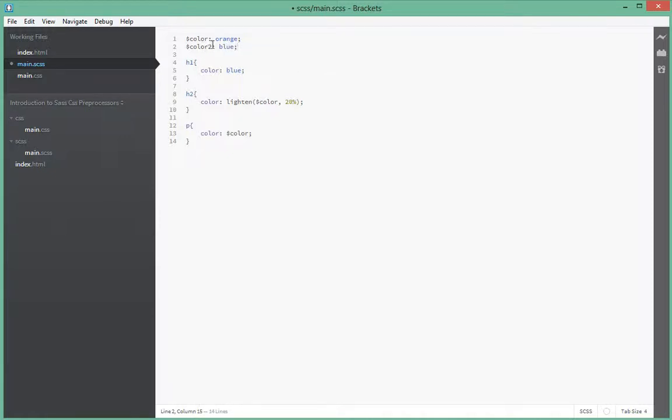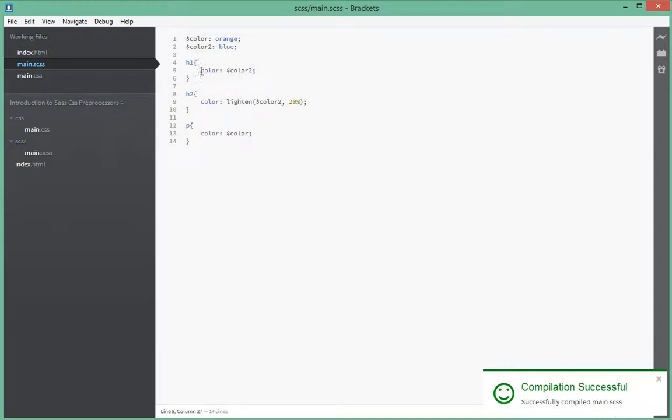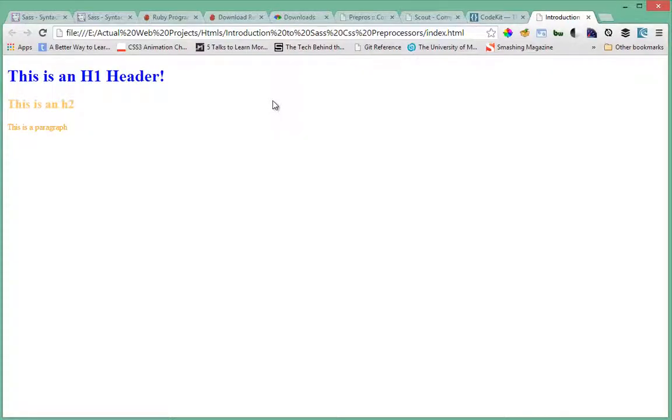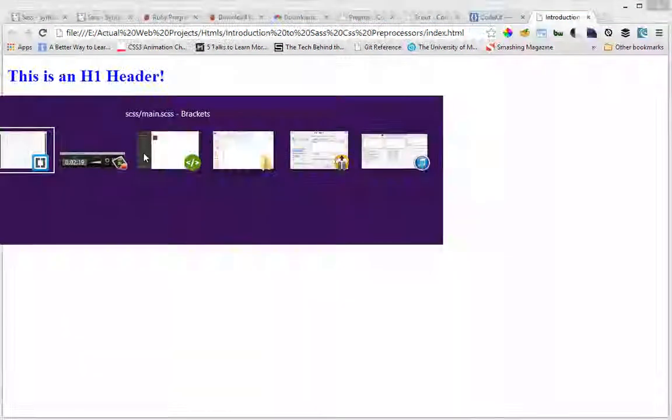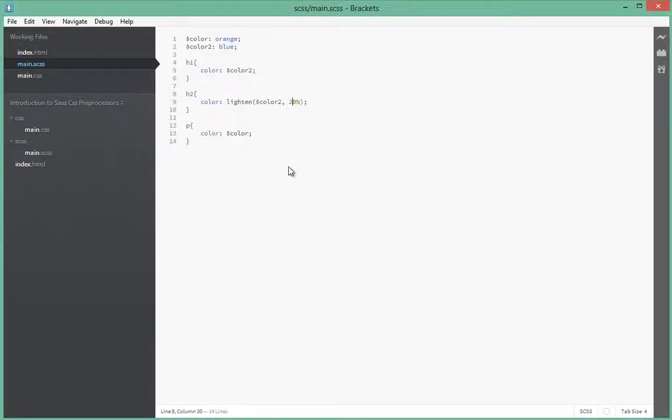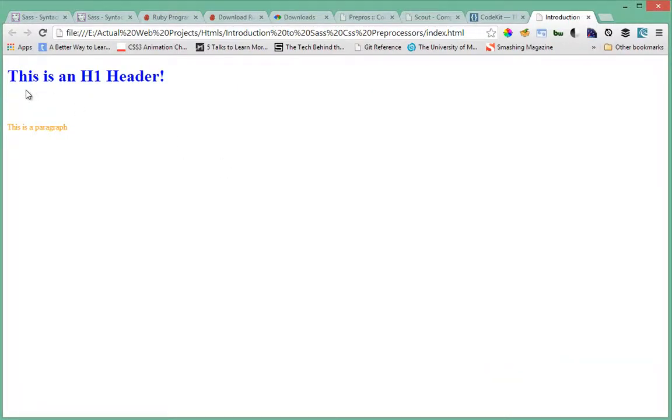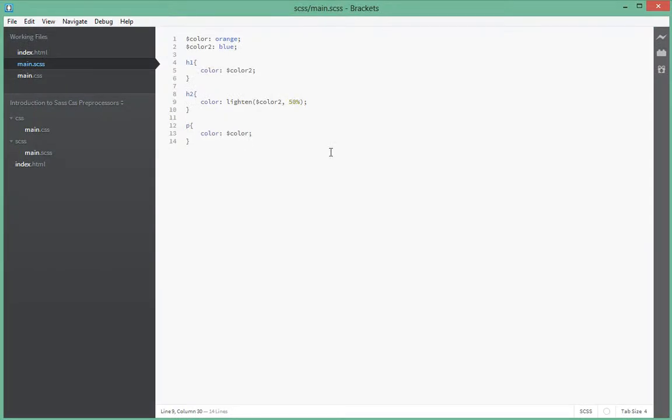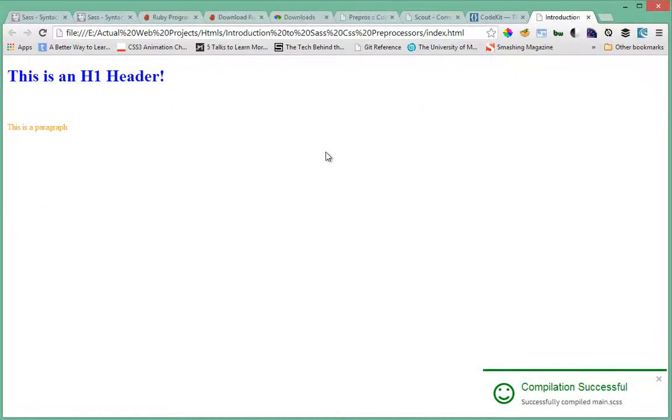Now let's copy this and put it in the place of the H1 blue, because we don't want to repeat ourselves. And where it says color, we say color2 there. Now when we save, H1 should have a color of blue and H2 should have a slightly lighter version of blue. When we refresh, you see that H2 has a slightly lighter version, and we can make it even lighter to show that it's actually a lighter version. So when we go now, it should be really faint. You can't see it because it's really light, so I'll turn that back to 30%, and when it's compiled we